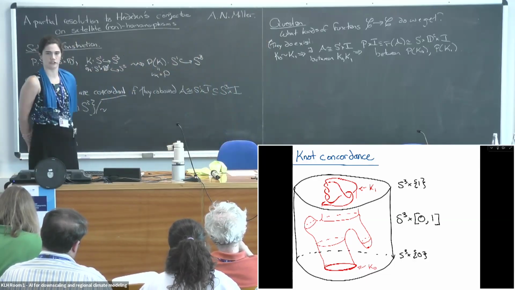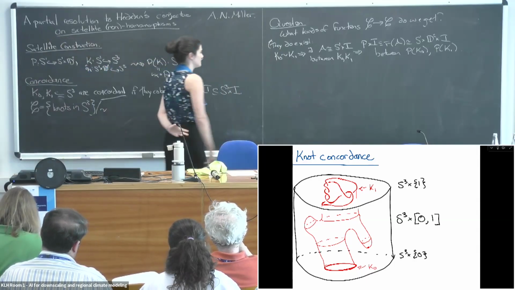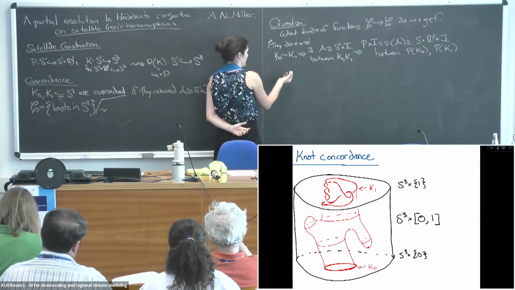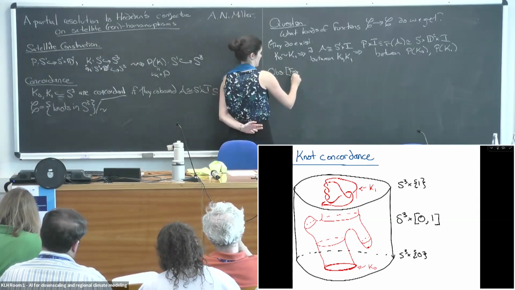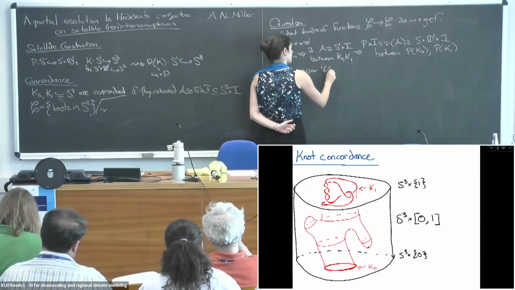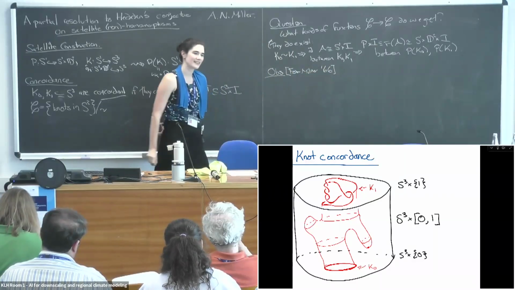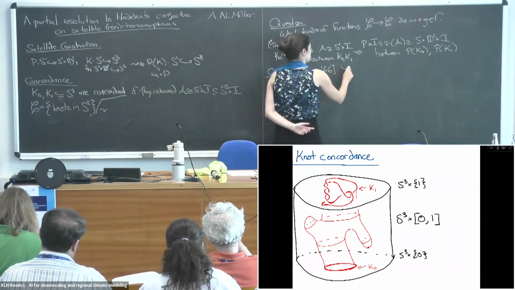So this is a relatively general question. A number of people have done work on it, but I want to be more specific. And in particular, an observation dating back almost 60 years to Fox and Milner is that this isn't just a set, it's a group. C is a group